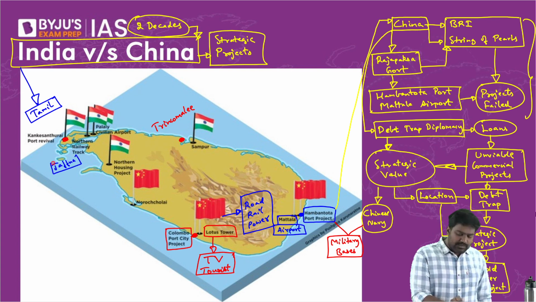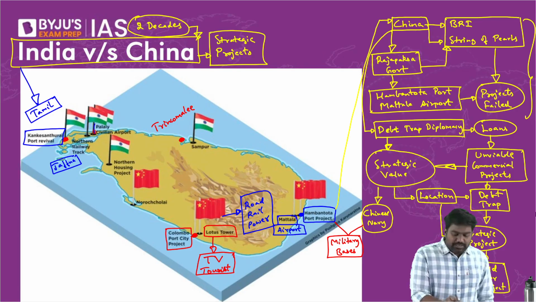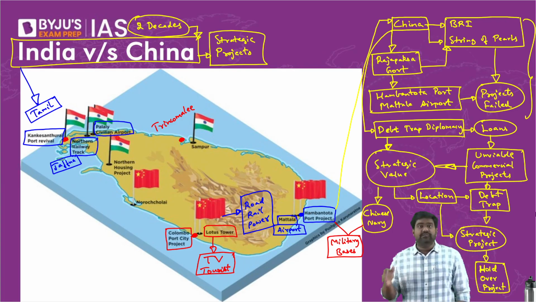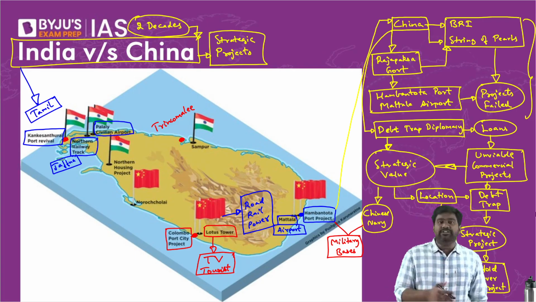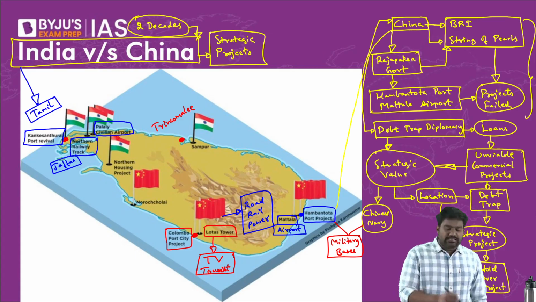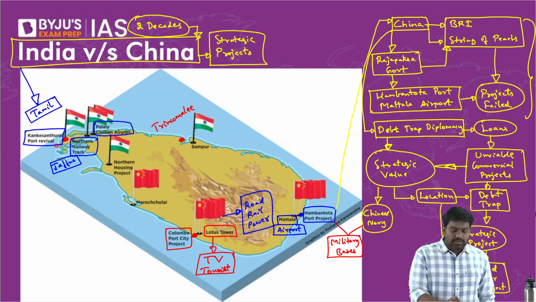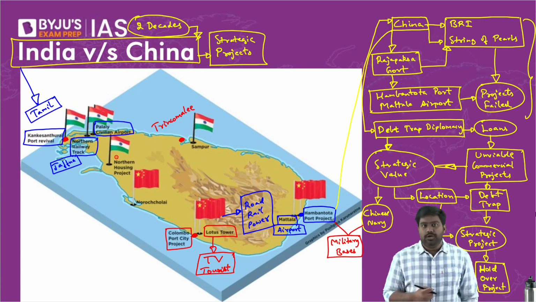province. We rebuilt the Kankesanturai port, which was extensively damaged. We rebuilt the Palaly civilian airport and the northern railway track. These key connectivity projects in Jaffna, in the northern province, they were all destroyed during the civil war by the LTTE and by the Sri Lankan forces. It was also damaged during the 2004 tsunami, the Indian Ocean tsunami. So India has funded the reconstruction of these important projects. All right, the Kankesanturai port, northern railway track, and Palaly civilian airport. They've all been reconstructed and rebuilt by India.